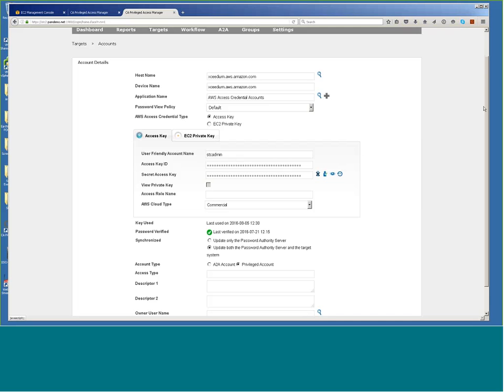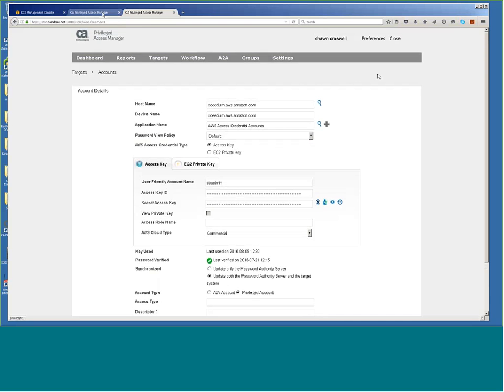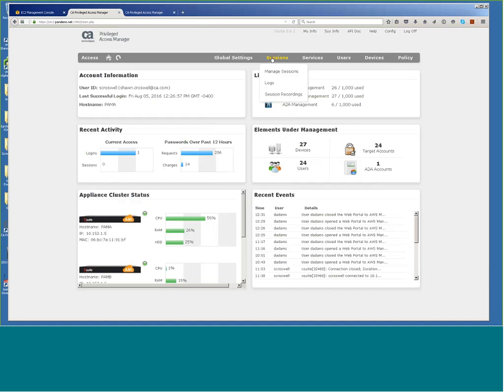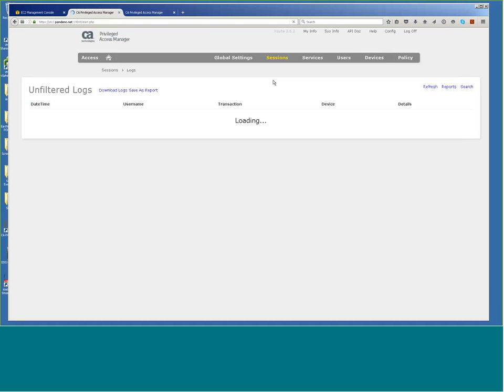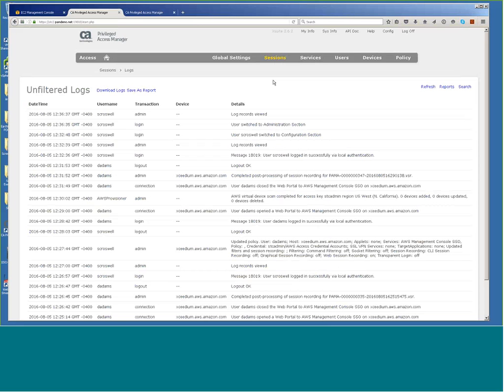We've got about 3 minutes here. So what I want to do is go over to the main window here and show you some logs. One thing we did not have time to get into today because it just takes more time is the way we can be an AWS API proxy. So this is standard access for your administrators or users where they can come in for privileged accounts and do what they need to do in AWS. But we also connect as an AWS API proxy.